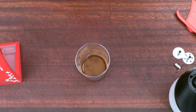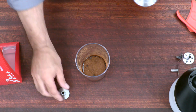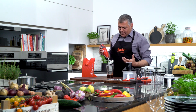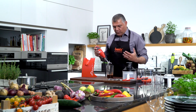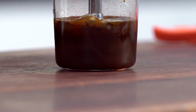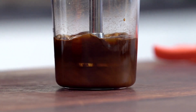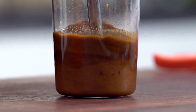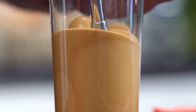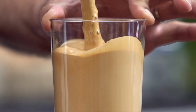Now, we change the blade because here we do need the A blade for aerating. And this is just to give you an impression of how fast we can really create nice food here. A blade, we go into the beaker here. Then low speed, as I told you before, very important. We start 1, 2, 3, then angle it. Slowly, slowly push it up, go down, push it up again, angle it,